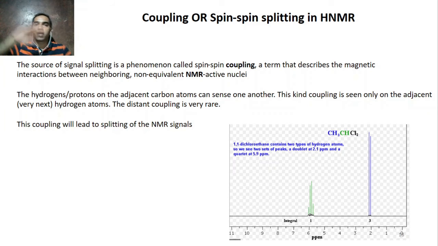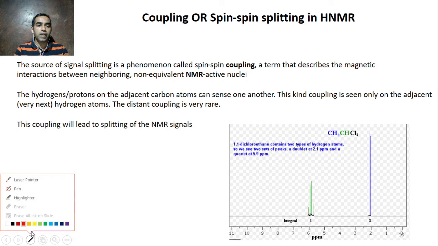There is of course a long range coupling. Long range will also couple and split. And again in 3D manner they couple in space. That's a different issue. You don't have it in BSc. But at BSc level, you should know that the neighboring protons will couple. See here, this proton which is coming here is split. These 3 protons have come here, again they have split. So this is split by this, and this is split by this.